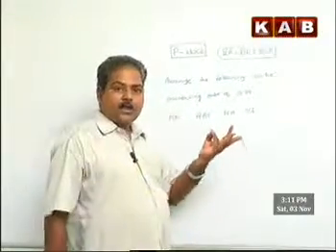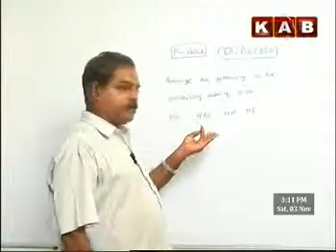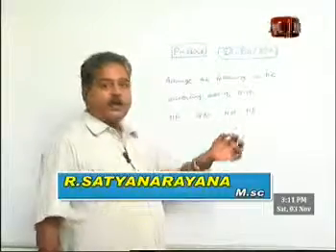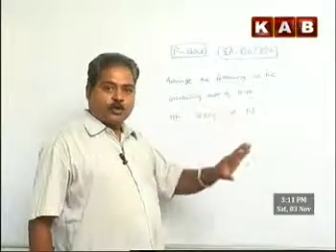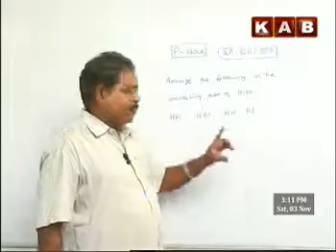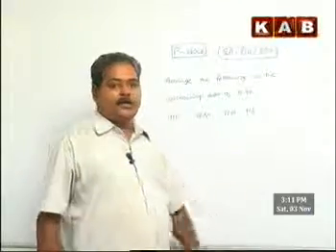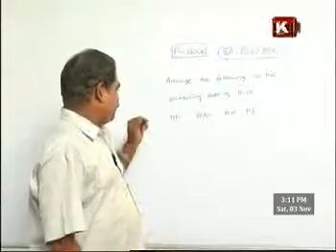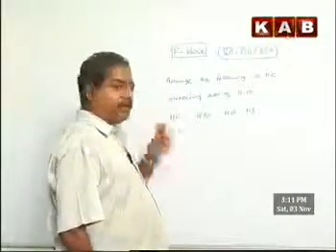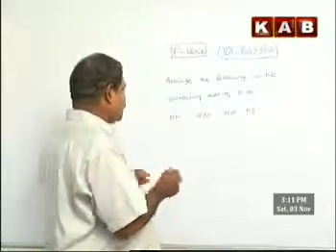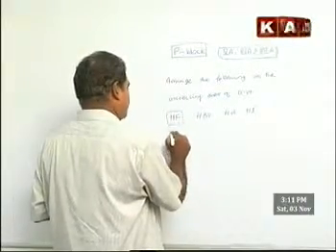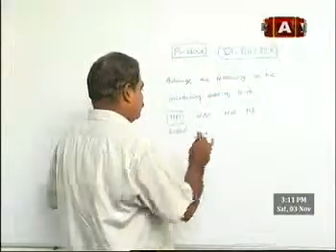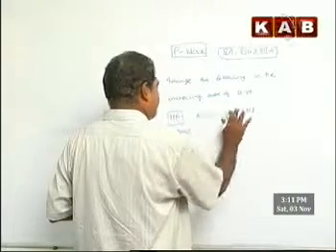metallic attractions don't exist. They are not ionic compounds. How do you know somebody is an ionic compound? For somebody to be ionic, there must be a metal. I never told you metals form ionic bonds only, but for the presence of ionic bond, the presence of a metal is a precondition. Therefore, they are not ionic compounds, and HF has hydrogen bond. So in the absence of HF, once again, forget HF,